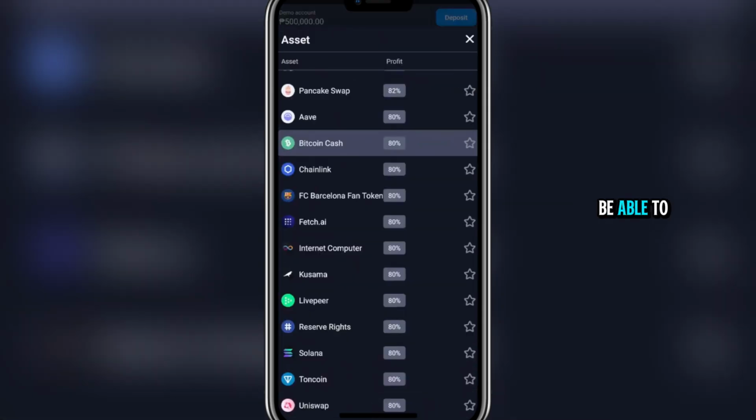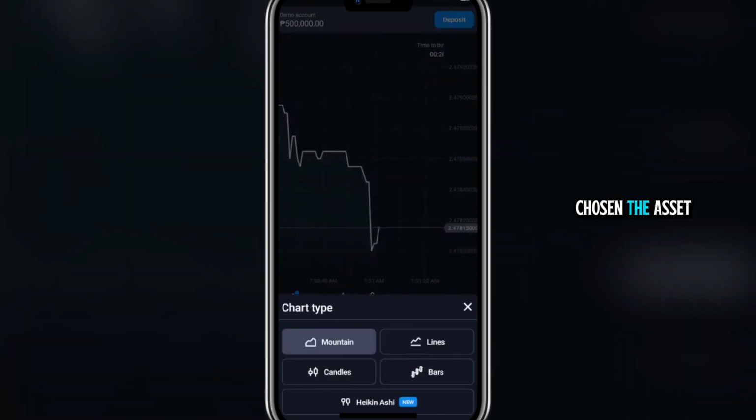From here, you'll be able to browse different markets including cryptocurrencies, stocks, and other supported assets. Simply select the asset you want to trade and the price chart will load instantly. Once you have chosen the asset, it will open the live charts,